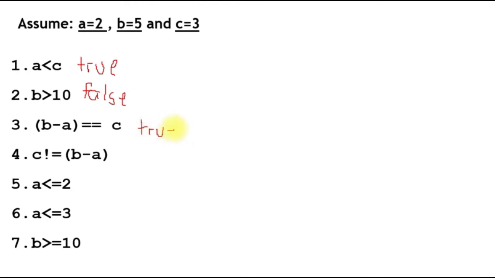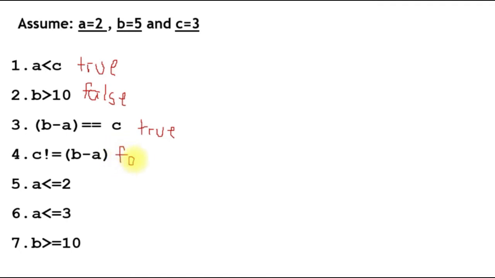The next, number 4. C is not equal to B minus A. Meaning, 3 daw ba ay hindi equal sa difference ng B minus A. So, dito, the value of B is 5 and the value of A is 2. So, 5 minus 2 is 3. So, 3 is not equal to 3. True or false? Hindi daw ba sila magkaparehas? Is 3 is not equal to 3? The answer is